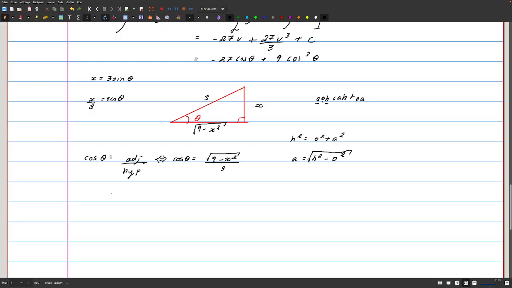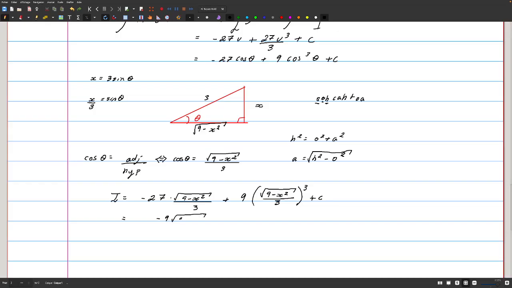So what happens here is that we'll have something back in our integral. We'll have minus 27 times cosine of theta, which is just now the root of 9 minus x squared over 3, plus 9 times, remember we have a power of 3 here, 9 minus x squared over 3, this whole thing to the 3, plus c. And I apologize here, I forgot my c. If we develop a little bit more, clean this up, we'll just get minus 9 root of 9 minus x squared